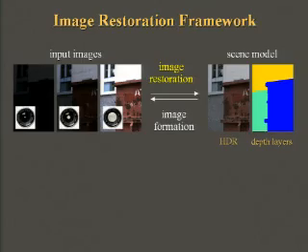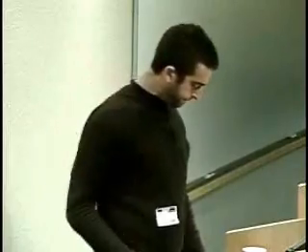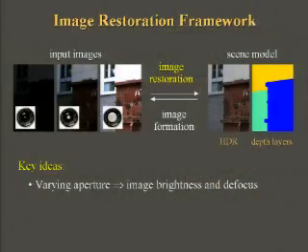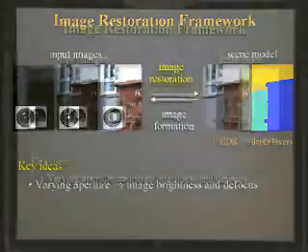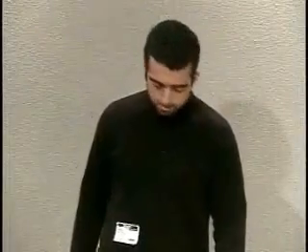We pose the aperture bracketing approach using an image restoration framework, where the goal is to determine the scene representation that best accounts for the input images. And conceptually we do this by inverting the image formation model. Because aperture simultaneously affects image brightness and defocus, inverting the image formation model means that we've effectively decoupled all possible camera controls. This is a great strength of our method, but it also leads to a difficult computational problem. Because brightness and defocus are so connected in the input, existing methods for HDR and defocus don't apply.